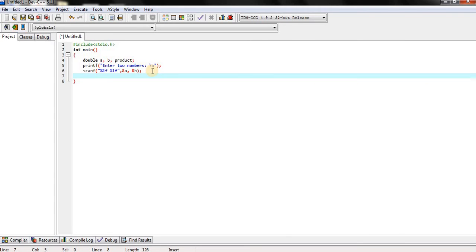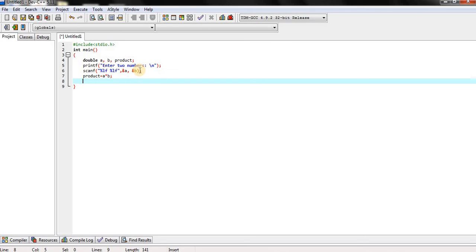And we are writing this program for multiplying two floating point numbers. I'm writing the formula for multiplying two floating point numbers: product equals a into b. Then end the line with a semicolon, press enter.